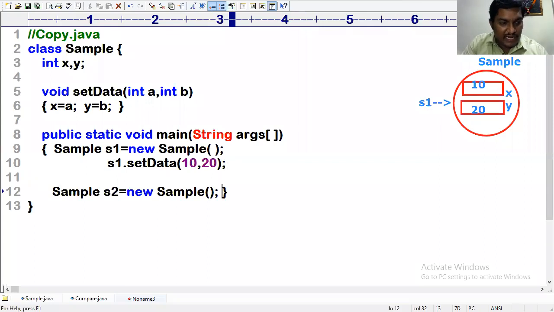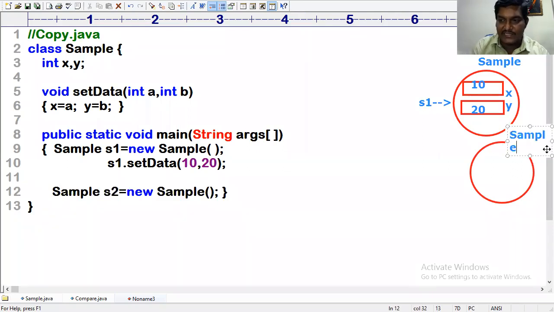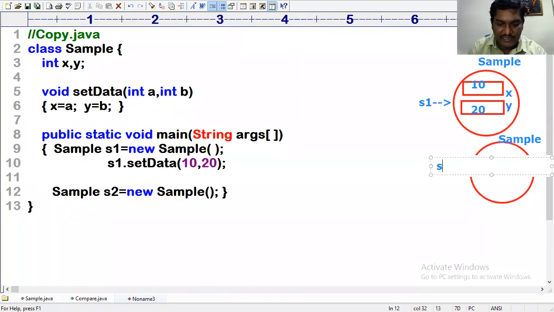I'm speaking about line number 12. When line number 12 executes, another object of the Sample class is created, and this is referred to by s2.